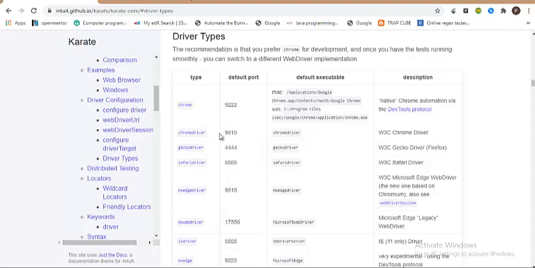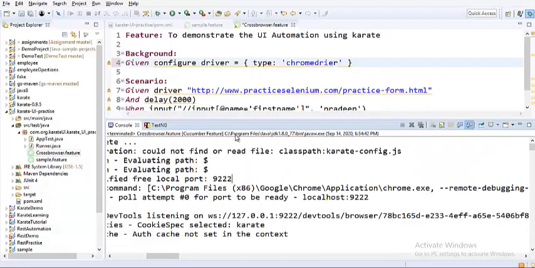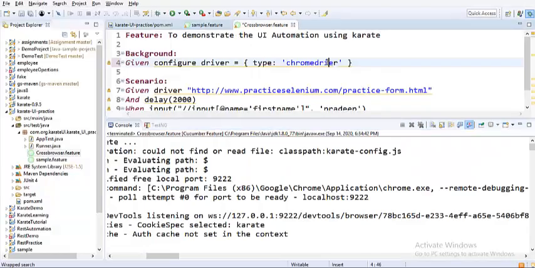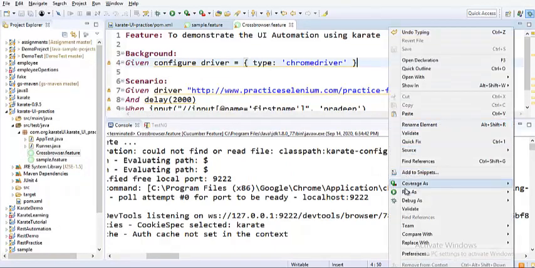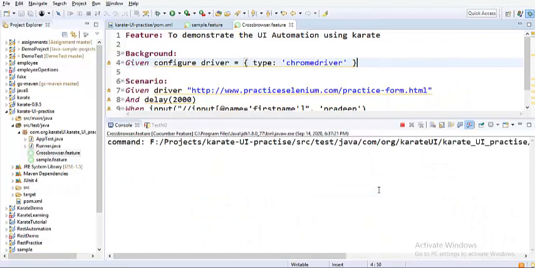So now let us execute the script in the Chrome browser, but this time let us communicate to the browser with the help of ChromeDriver. This would be very efficient. I'm damn sure that the script will not fail at all. It can fail through Chrome, but I'm sure that this will not fail. So now I have just updated to ChromeDriver, and let us just save and then click on Run As Cucumber Feature.